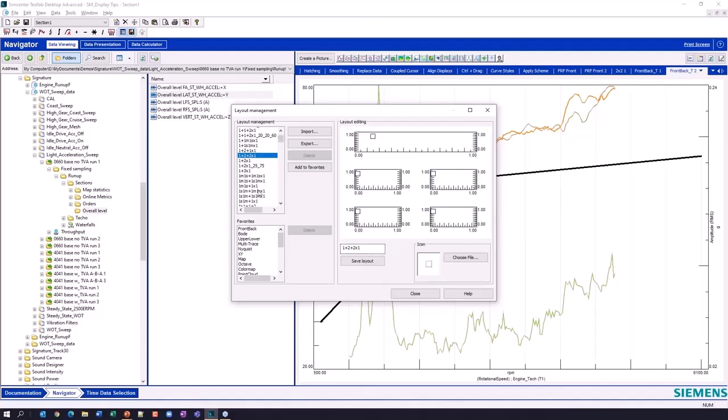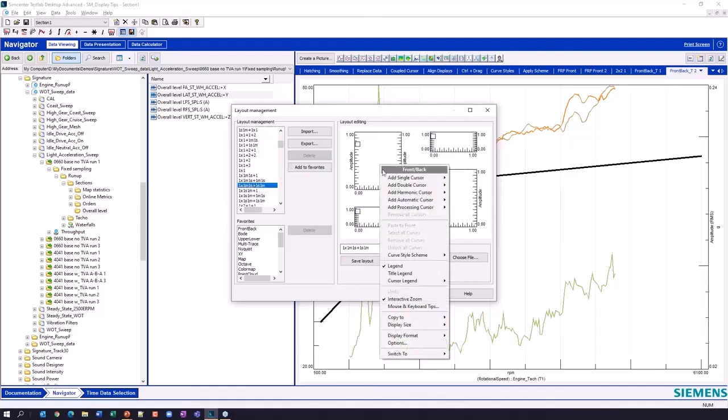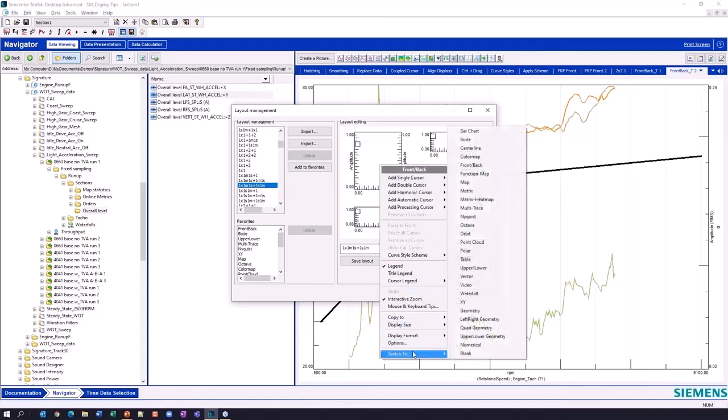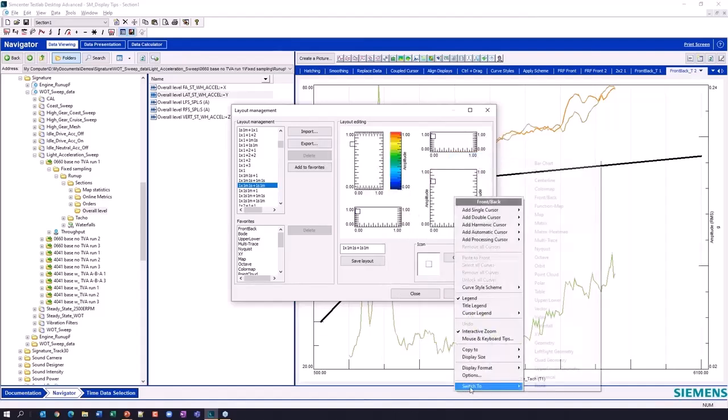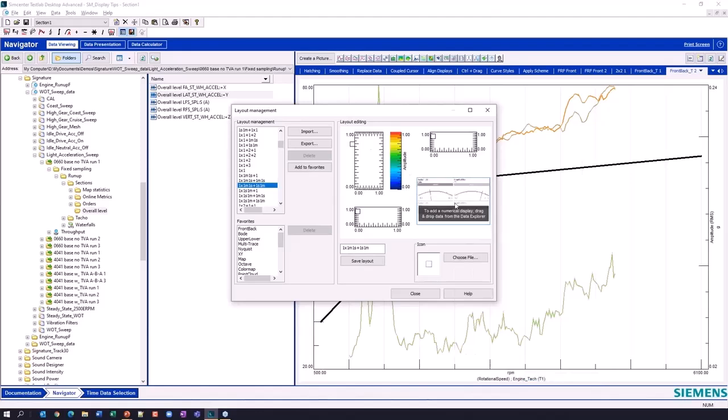A lot of these defaults are built right in, and I can right click on here and switch that front back to a color map, let's say. So I want a color map up here, some front backs. Maybe I want to switch this guy to a numerical display down here. So now I'll have a numerical display. So I can do a lot of configuration.